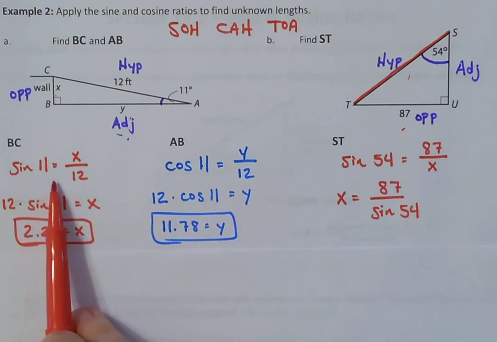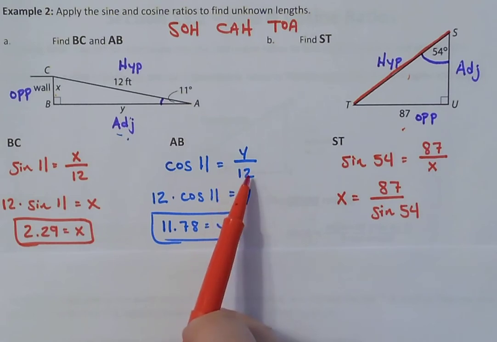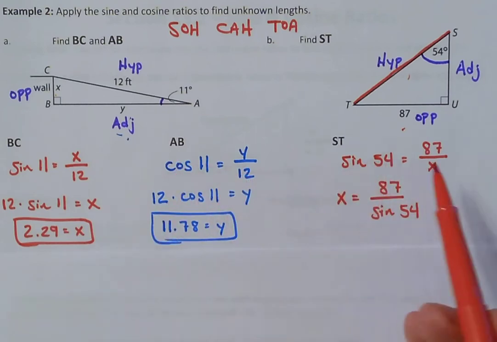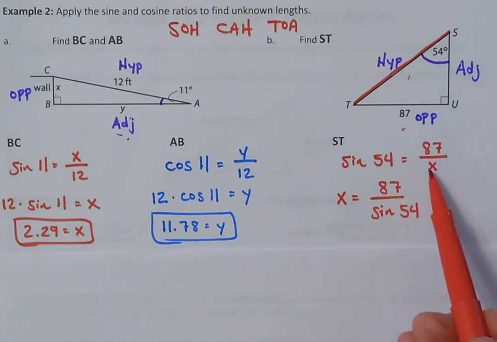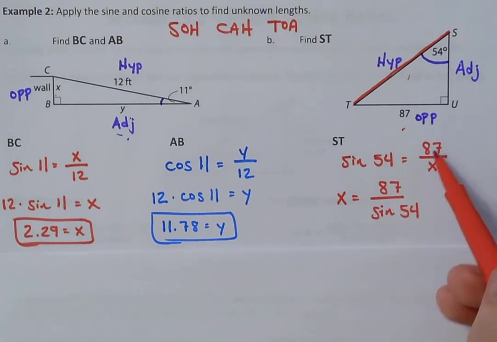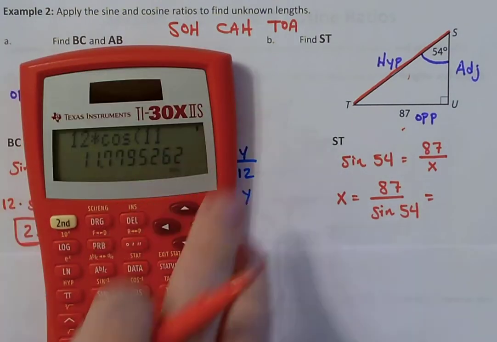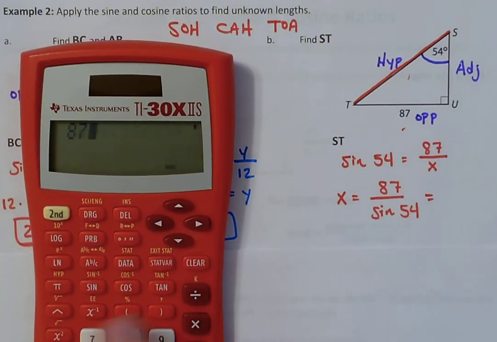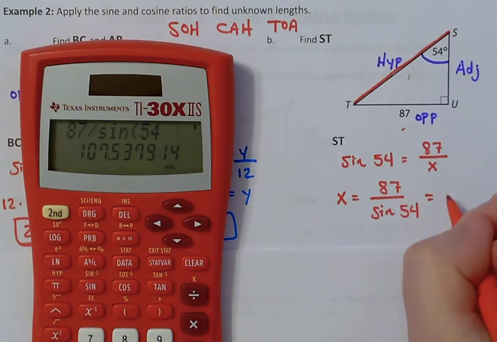So we did 12 times cosine 11. So again, if the number's on the bottom, multiply it over in front. If the x is on the bottom, just flip the x and the sine 54. So you're going to do 87 divided by sine 54. And if we type that into our handy dandy calculator, we end up with 107.54